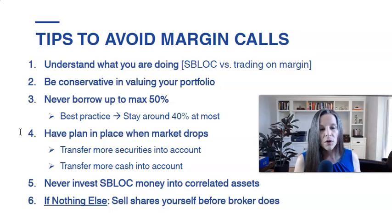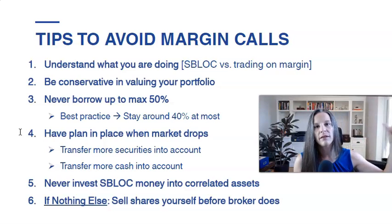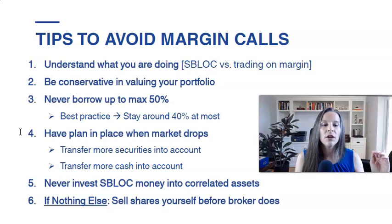Also, if you are someone who holds cash, I hate cash. I'm a big cash is trash person. If that's the case, then transfer cash in, pay down. That's going to immediately pay down your SBLOC balance. So you're going to see your SBLOC balance decrease once you do that, or the negative cash value in your account. But you're going to be in a better situation when it comes to the margin requirements. And just having access to some liquidity, whether it's extra shares, bonds, whatever is your cup of tea,